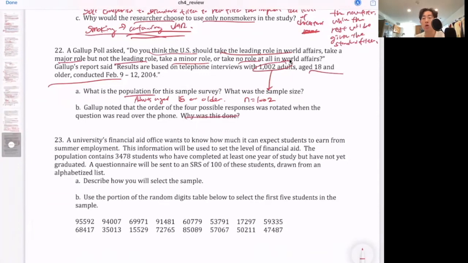Why was this done? So let's say you get the survey and you are read out loud what the choices were: leading role, major role, minor role, or no role. If you are hearing this choice first, the answer is that you want to rotate the answers so that you don't get this response bias where it comes from the subjects themselves, where the first thing they may hear might be their answer because they want to get over with the survey as quickly as possible, or